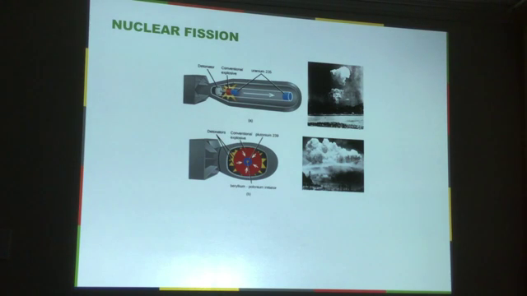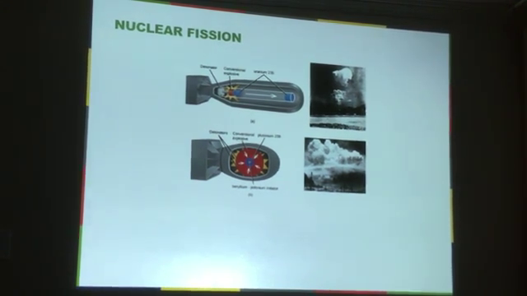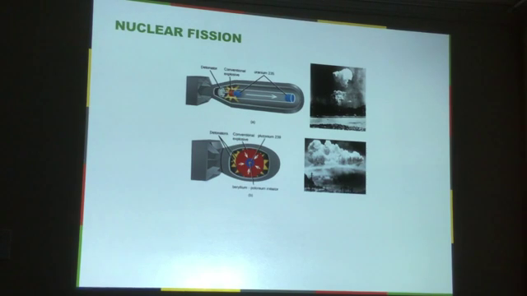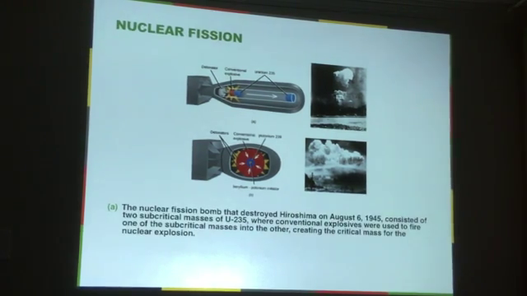Now, in addition to this production of neutrons in small daughter nuclei, the other thing that occurs is the production of a huge amount of energy. And these are actually two different types of nuclear devices that explode, or nuclear bombs. The top one is probably the earliest one,